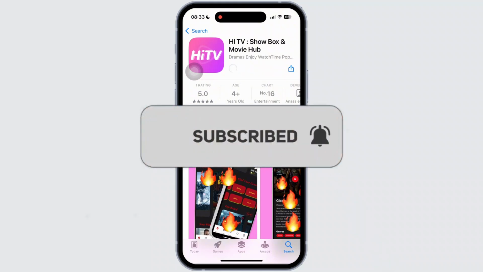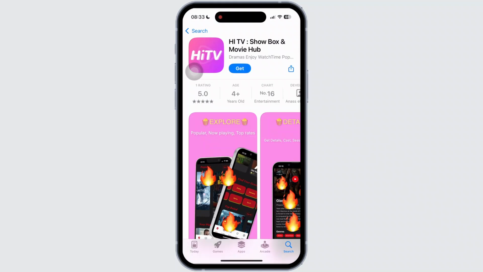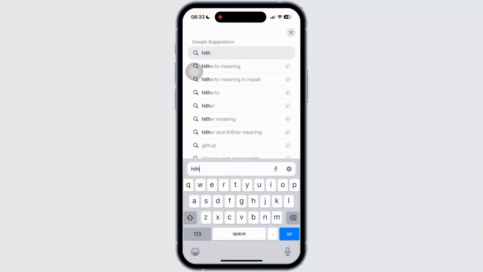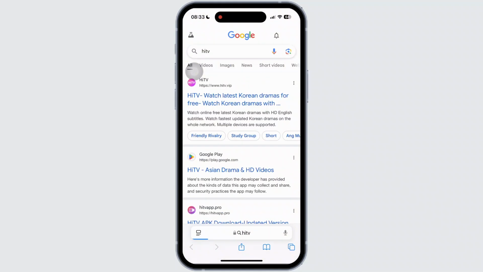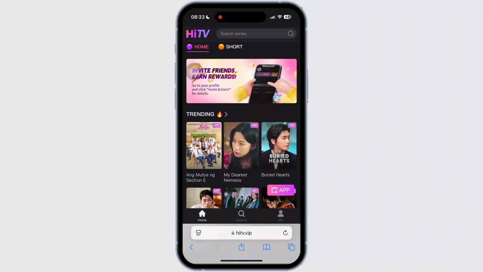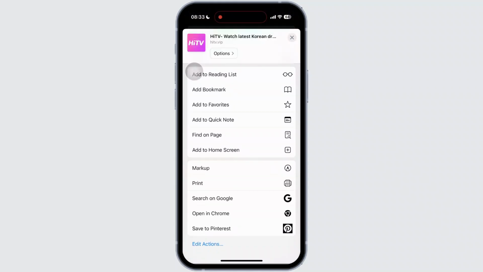But if for some reason the HITV app is not available on your App Store, then you can simply go to any browser, type down the HITV in the search address bar and hit enter. Then simply tap on the HITV official website available there and navigate to it. Then tap on the share icon available at the bottom. Once you tap on the share icon, then tap on the add to home screen option available there,